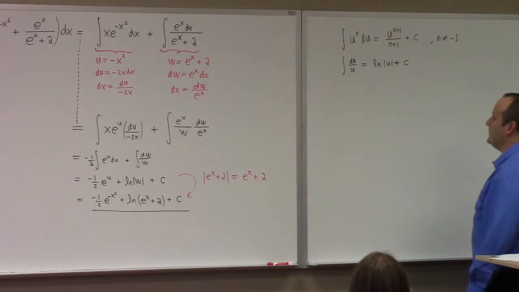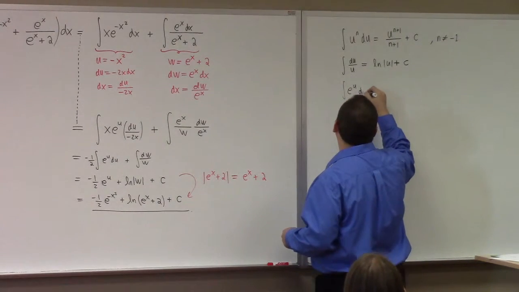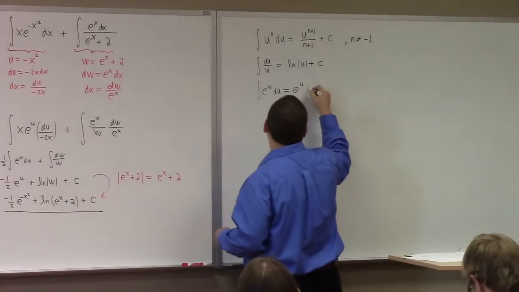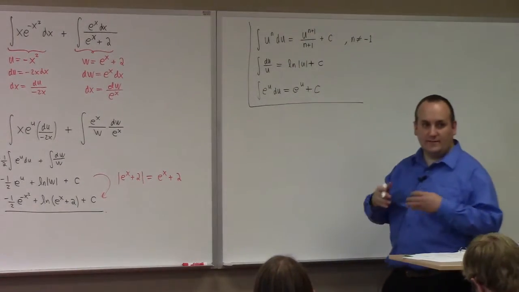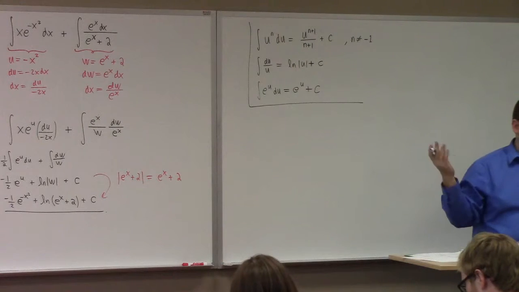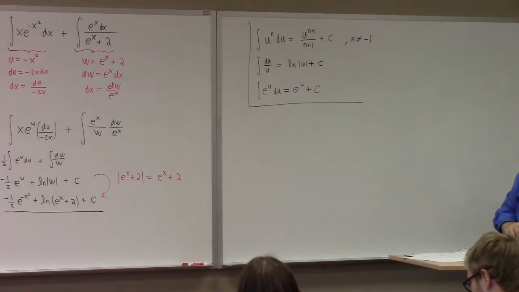Man, there was something else. Oh, the other thing we knew. The only other thing we know is this. So these are our basic antiderivatives, at least for now. Everything else is built from these and a substitution. That plus linearity, pulling out constants, that's pretty much all we have to work with at the moment.